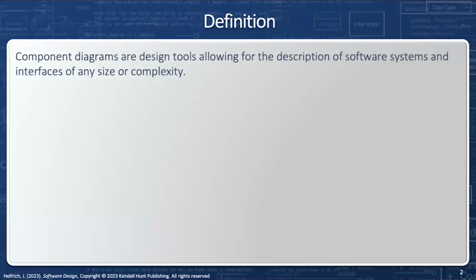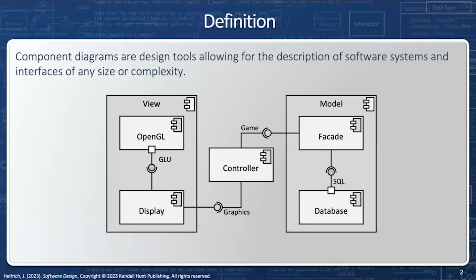Component diagrams are design tools allowing for the description of software systems and interfaces of any size or complexity. And here's an example of a fairly typical component diagram, which is a model view controller. Now notice we have the view component, which has two subcomponents, OpenGL and display. We have the controller component, which stands on its own, and the model component, which has two subcomponents, the facade